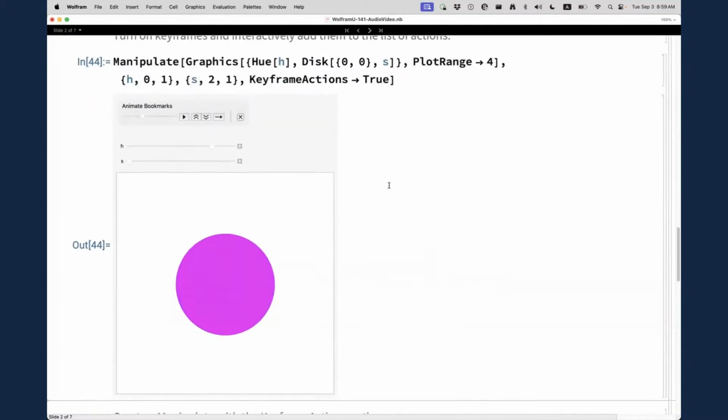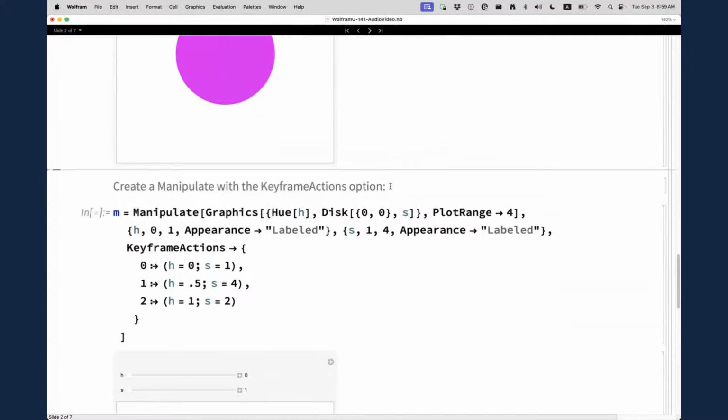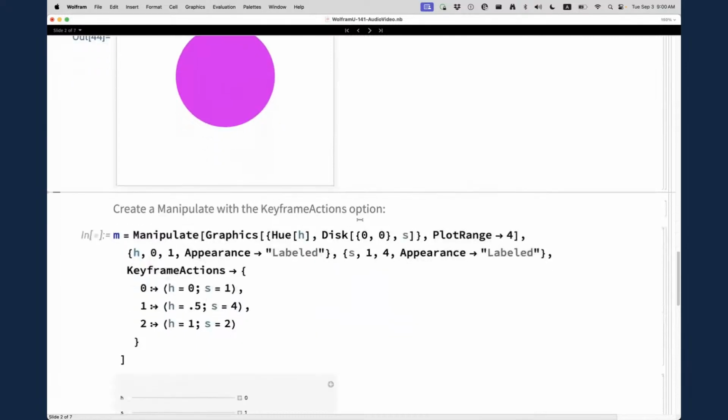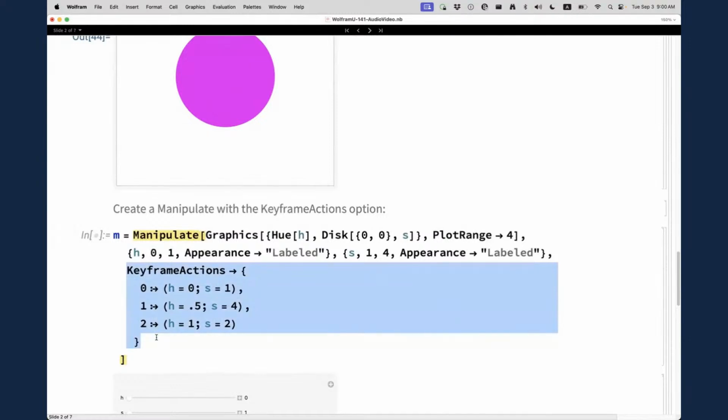Now, assuming I have this Manipulate, something like Manipulate Video is going to respect the setting of keyframe actions and create the video based on how we have specified these controls to change. However, both Manipulate and Manipulate Video can take KeyFrameActions programmatically as an option. So just like I had specified that with the GUI, I can specify my keyframe actions programmatically